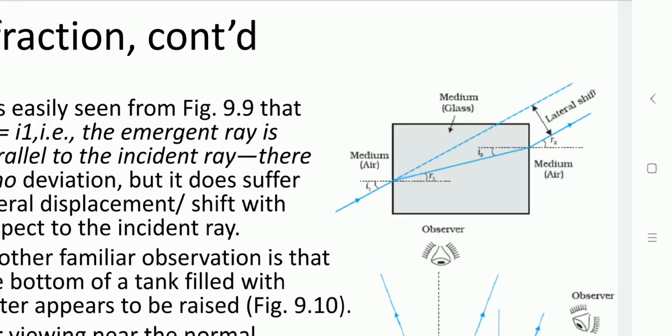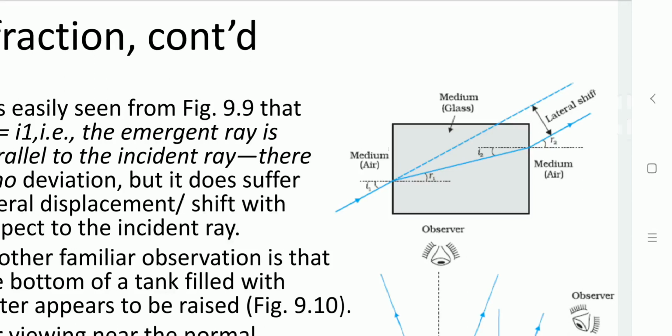So here we can say that two interfaces are there between air and glass. The incident angle I1 and the final refracted angle R2 in the air are both the same. Just the ray is shifted or displaced in position. If this displacement is not there, it can be defined as a parallel ray. But here the shifting appears. Based on that, some illusion can occur.